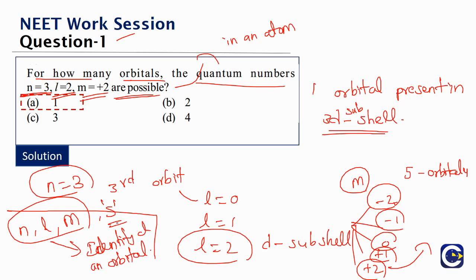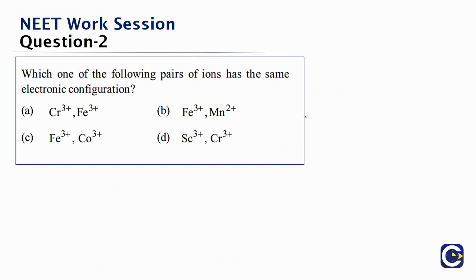Because spin quantum number can have two values, either plus half or minus half. For one of the electrons, if we assign the spin quantum number to be plus half, the other will have minus half. So the answer for this is 1. With that combination, there will be only one orbital, because that's a set, right? Whenever in any atom we give the combination of principal quantum number, azimuthal quantum number, and magnetic quantum number, that combination represents the identity of an orbital. We'll move on to the next question.